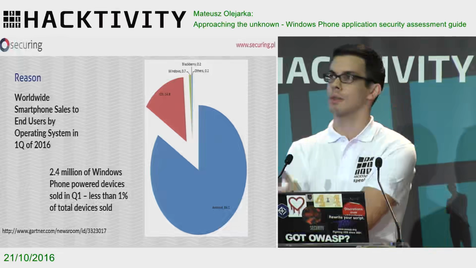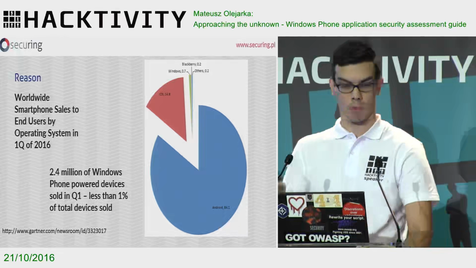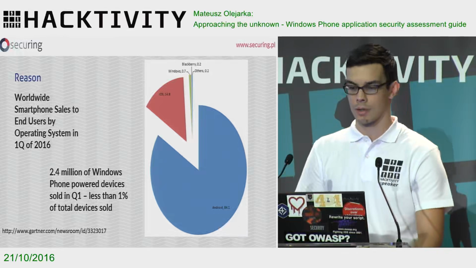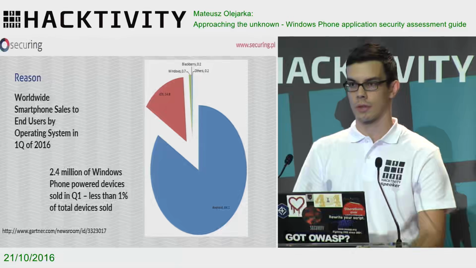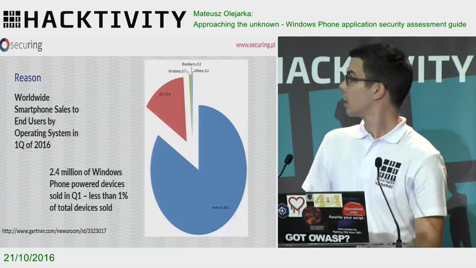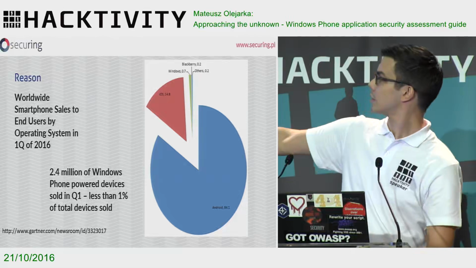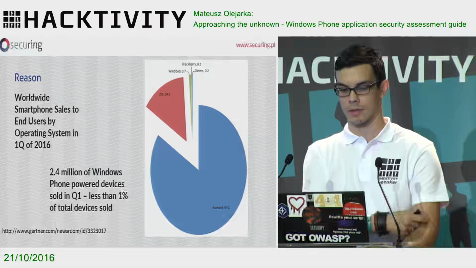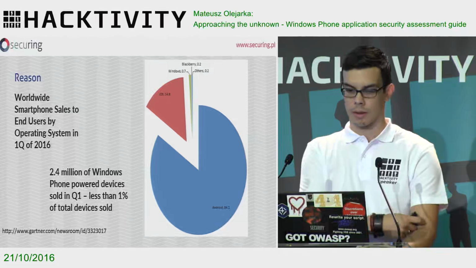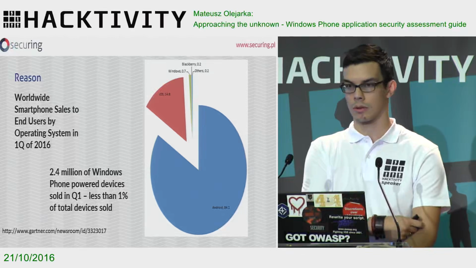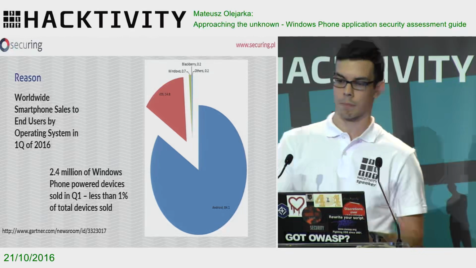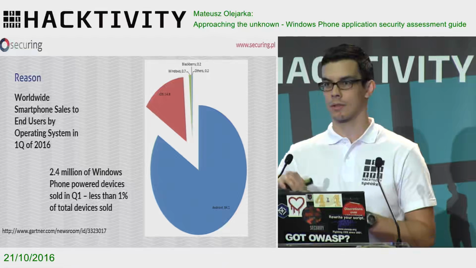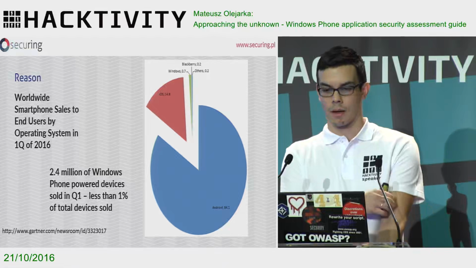I tried to look for hard data, but I think market share of Windows Phone mobile devices is around a few percent. Here is the hard data I pulled out from Gartner, which says that in first quarter of this year, Microsoft sold 0.7% of all mobile devices with Windows Phone operating system. It is 2.4 million of the devices globally, but I think it's quite small, but somehow the Windows still survives, right? Still floats on the surface.